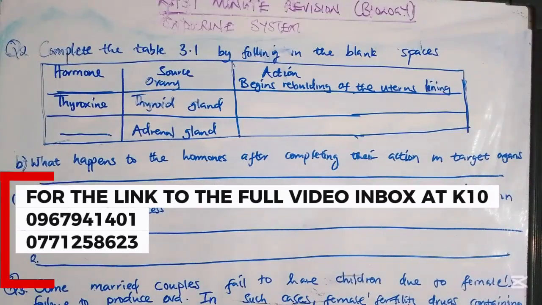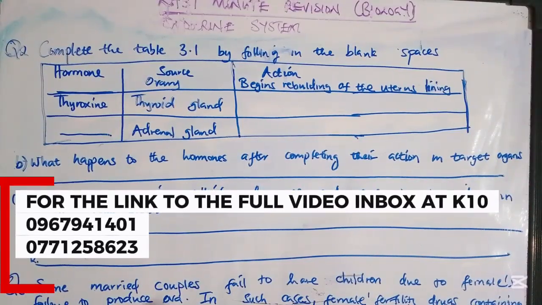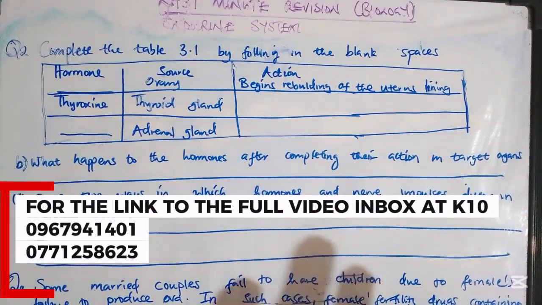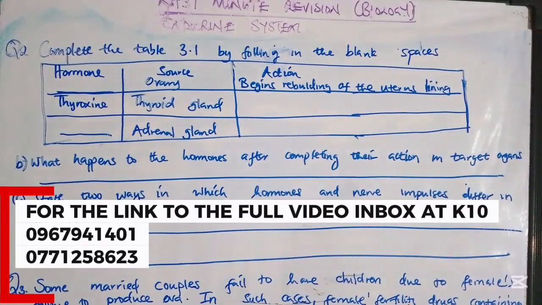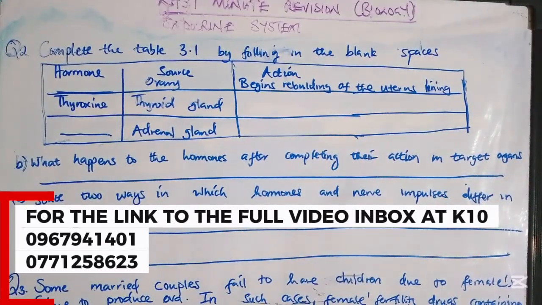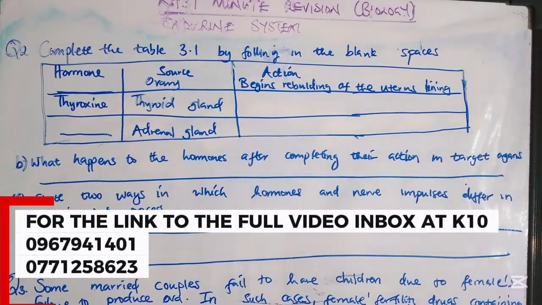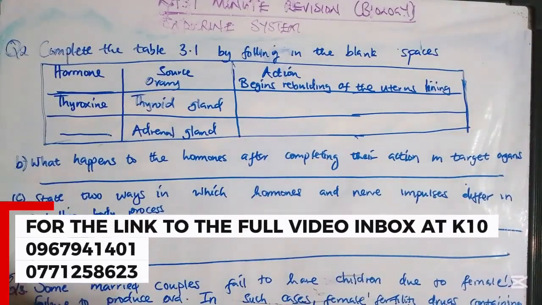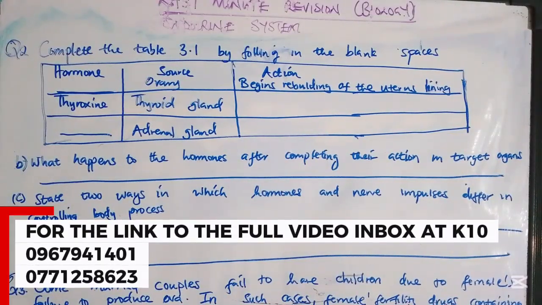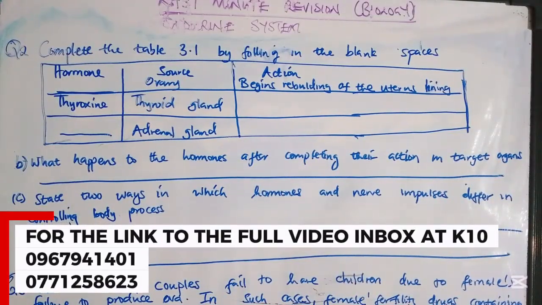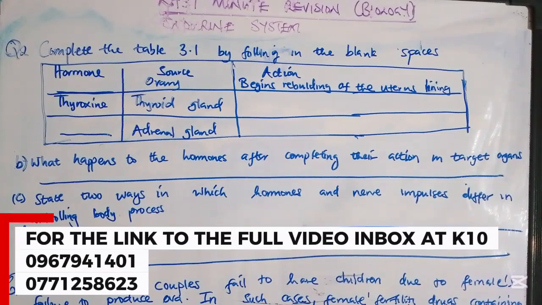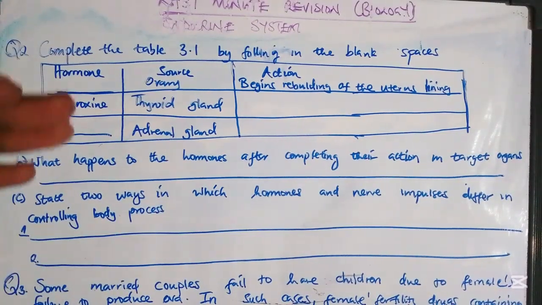They just don't come straightforward. So you need to also understand how questions come. Because if you just read through notes and a question comes like this, I guarantee you won't know how to go about it. But by going through this last minute revision, you will know how